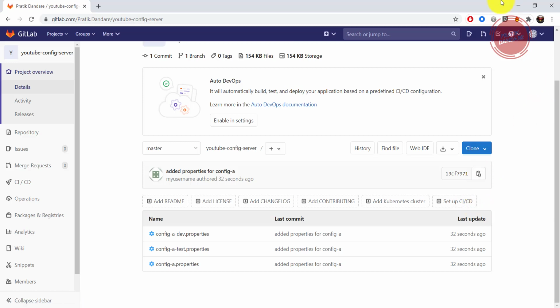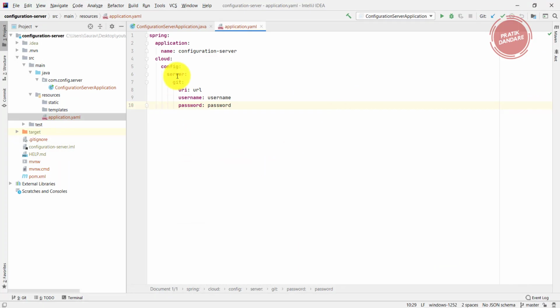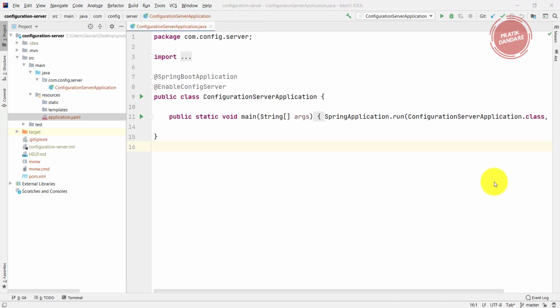So I copied it and I need to put it there inside the URL part. The username and password are yours, so I am not putting my username and password in front of you guys. I put my username and password inside the YAML file. Now let's run it and let's see.